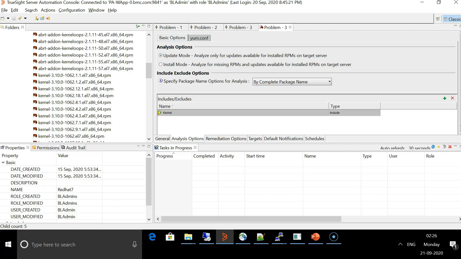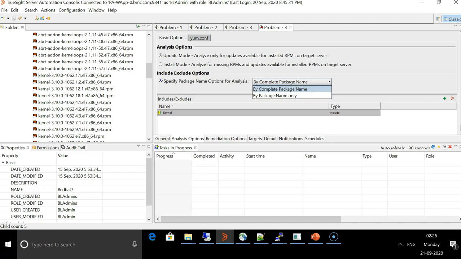So we'll quickly resize this window here. There is an include exclude option here: specify package name options for analysis. The default option that is selected here is by complete package name. So there are two options for include exclude list options: by complete package name and by package name only.